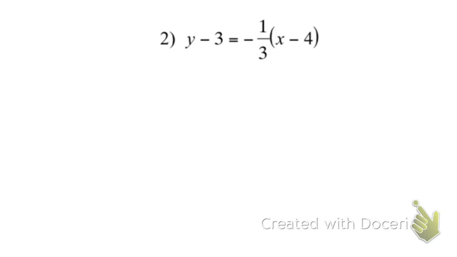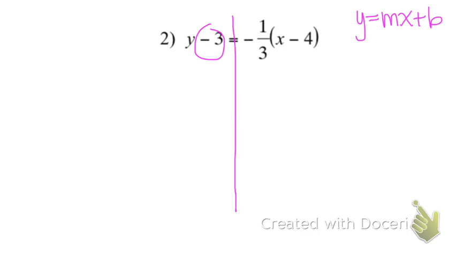Okay, so here's another example. This equation is currently written in point-slope form, and again we want it to look like, in the end, slope-intercept form, which looks like y equals mx plus b. So what I'm going to do is try to isolate y. Now, one of the things I notice here is that I would like to remove this negative 3 by adding it, but I can't really add it to the other side because I have parentheses on the other side here. So I can either distribute that fraction to get